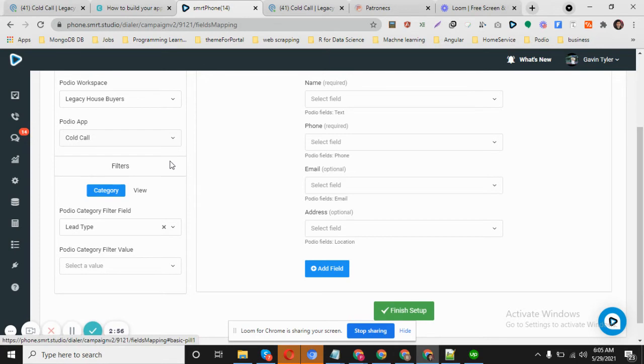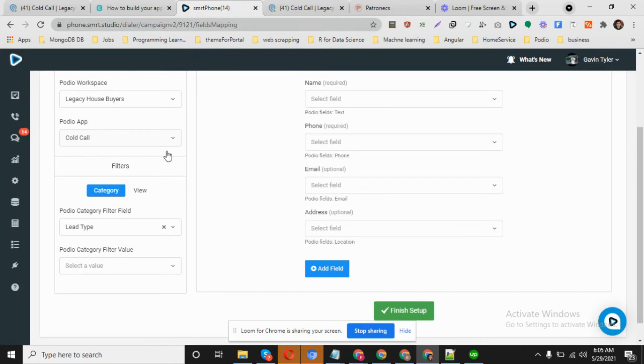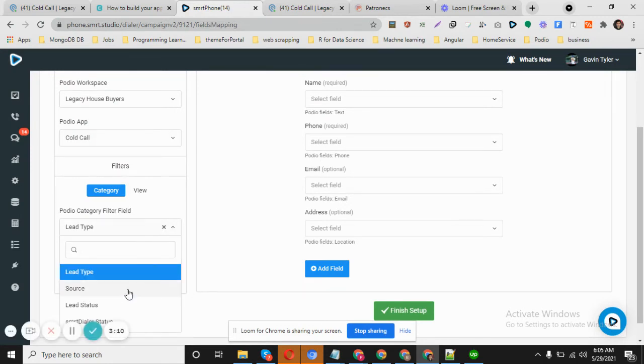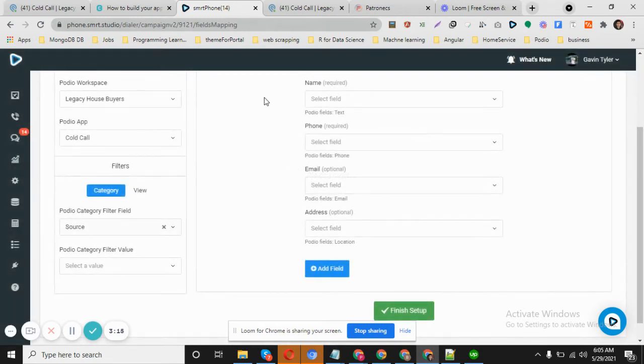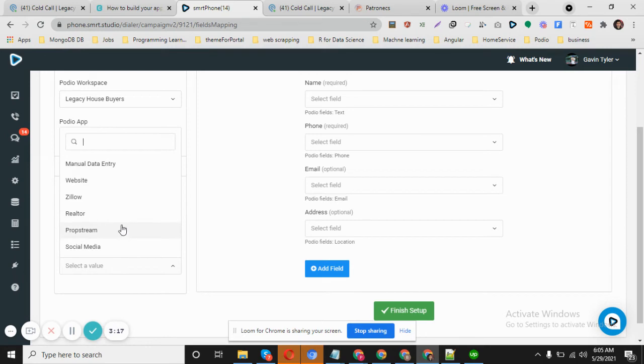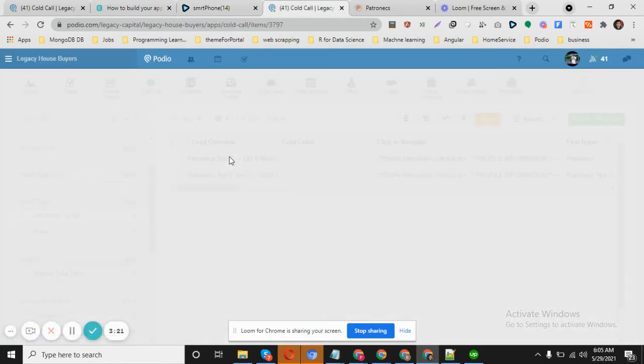Now we have to filter those leads because we don't want all these 3,460 leads in that campaign. We only want probate leads. First let me see what sources are available here.